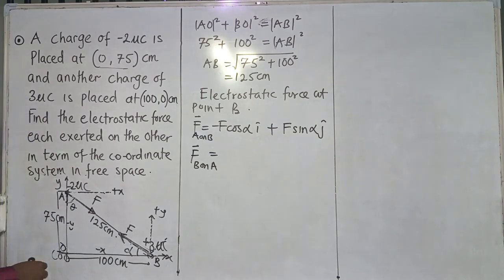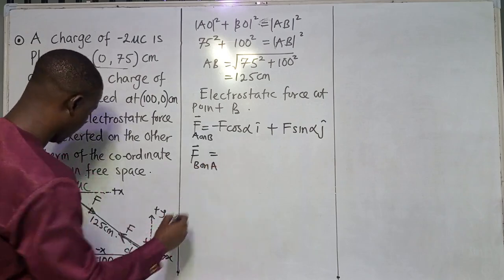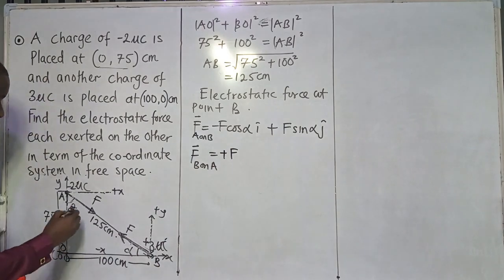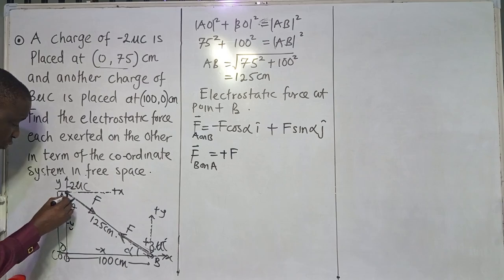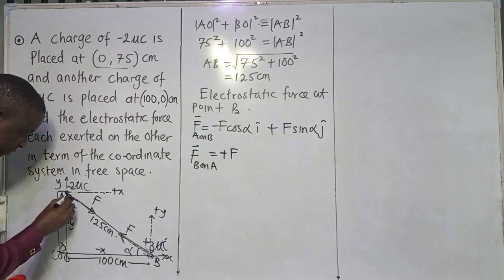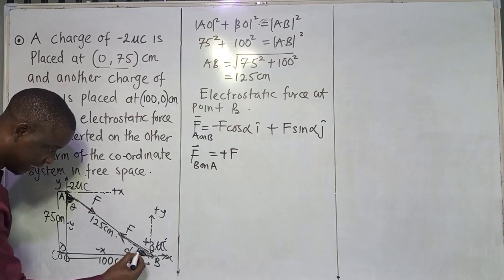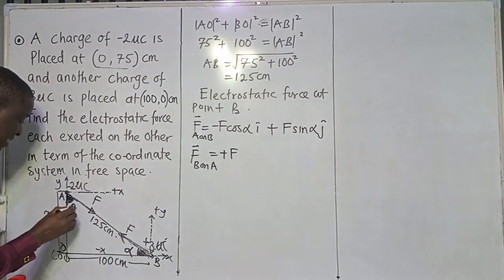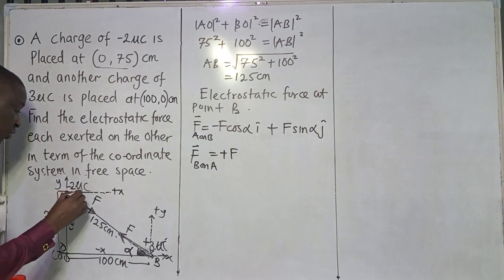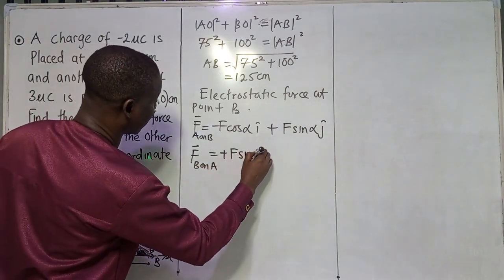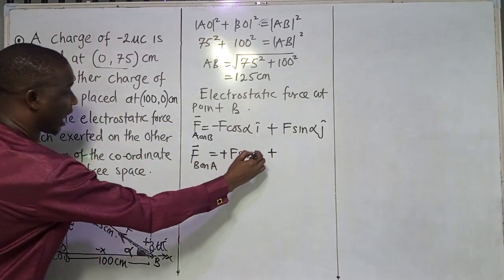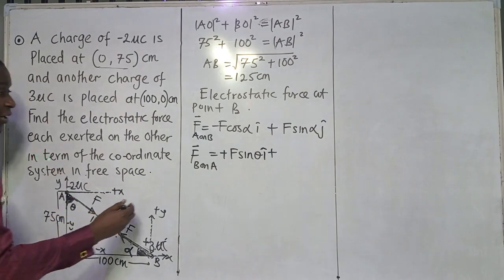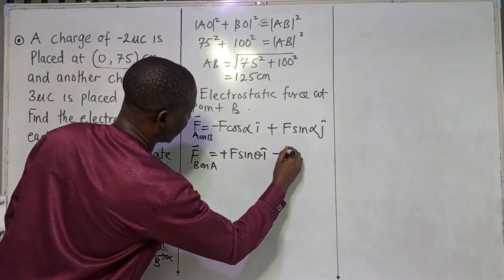So in this case, we are going to have it as negative, positive x, F, what? It's going to be sine. Don't forget, the angle is resting on the vertical in this case. In the previous one, the angle was resting on the horizontal, that's why for the horizontal we took cos. But now the angle is resting on the vertical, so for the horizontal we take sine. Sine theta plus, that means I, the unit vector to show direction. Then it's going in the negative y direction, so minus F